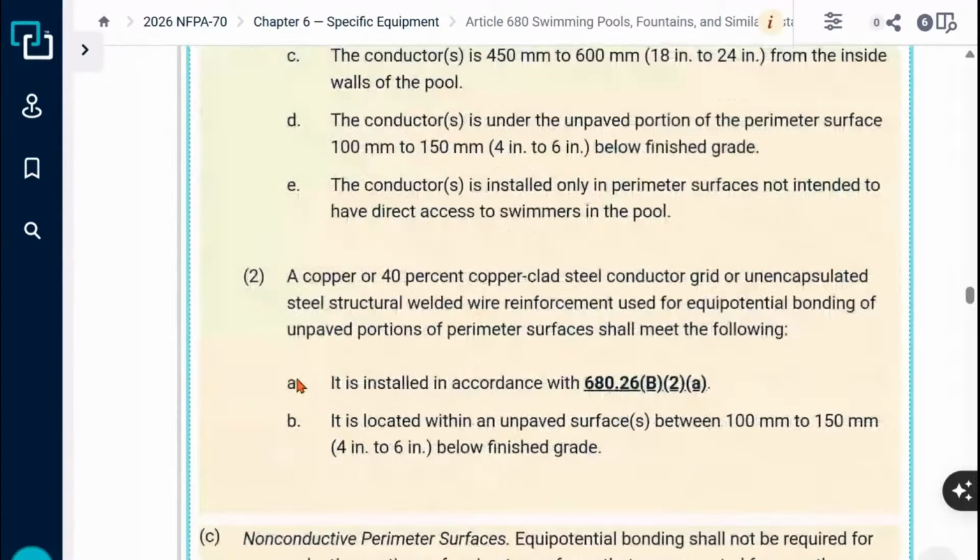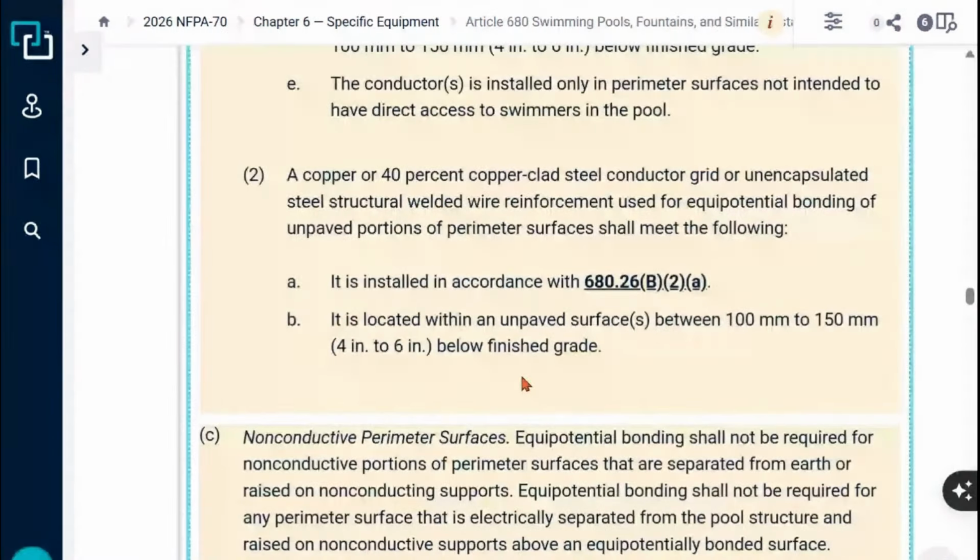Here, essentially saying install it essentially the same way, but it needs to be specifically installed from between 4 to 6 inches below grade. So in this case here, and I would think because it's an unpaved surface, you have no protection like that type of thing. So again, they want it to be at least 4 inches down and no more than 6 inches down. So if we recap, what are your options for the unpaved